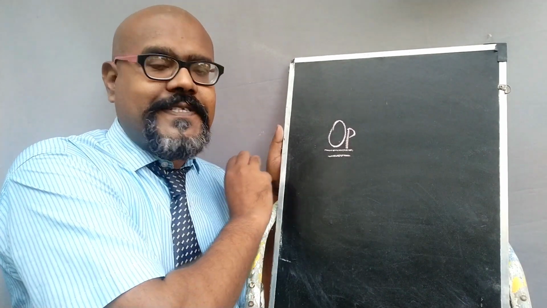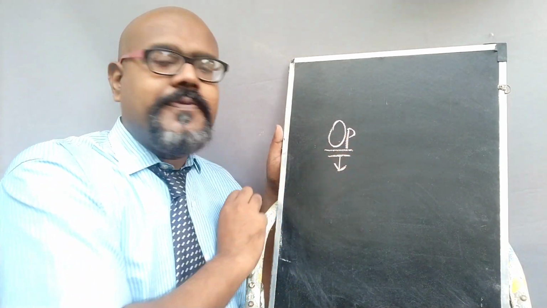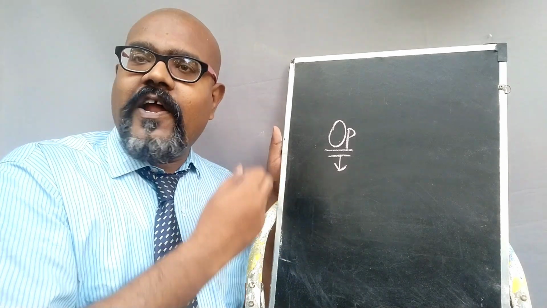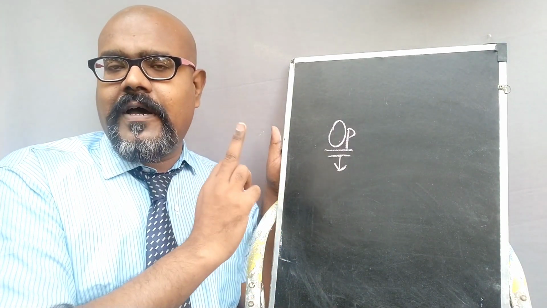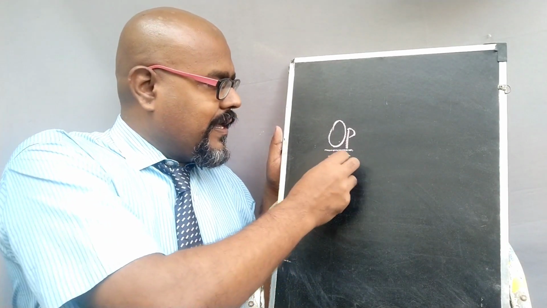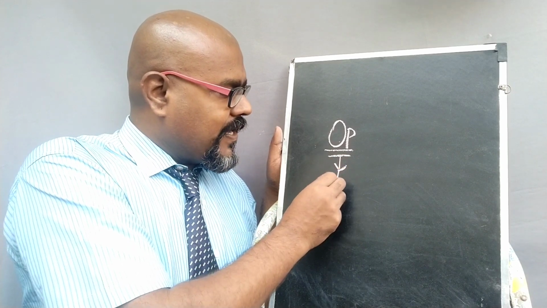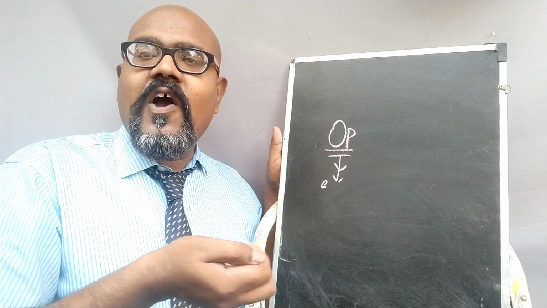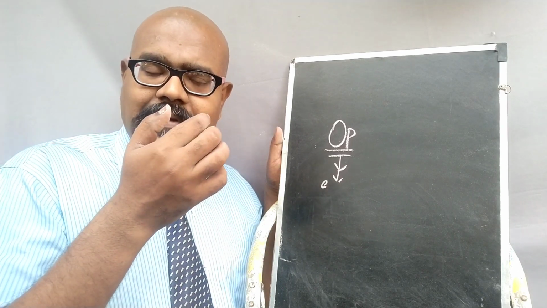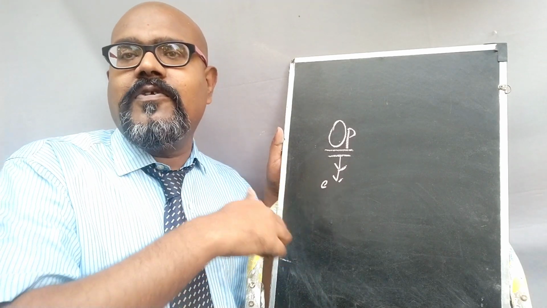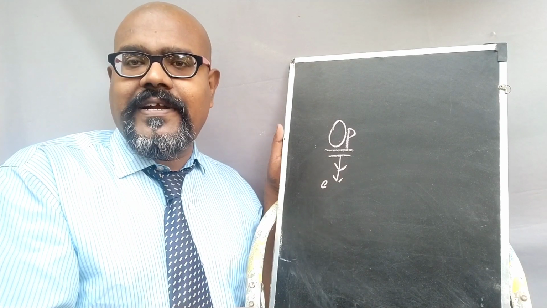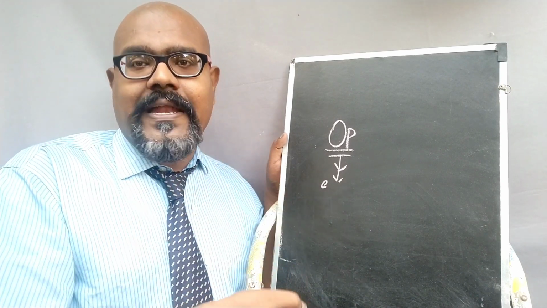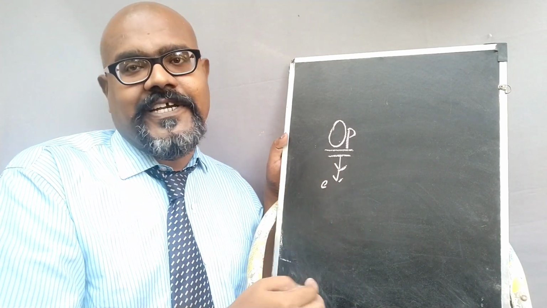Examples of the open loop system. In an open loop system, the output should not be corrected automatically. That is the one point we need to remember. The best example is your TV remote. Manually, we need to give an input. It should not be automatically controlled. Whether it is the volume or changing the channel or whatever it is, you need to give some manual input. It should not be automatically changed.